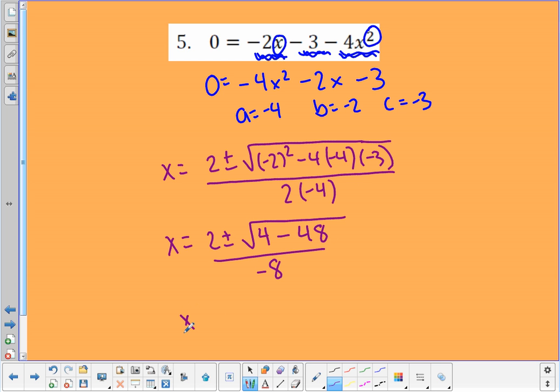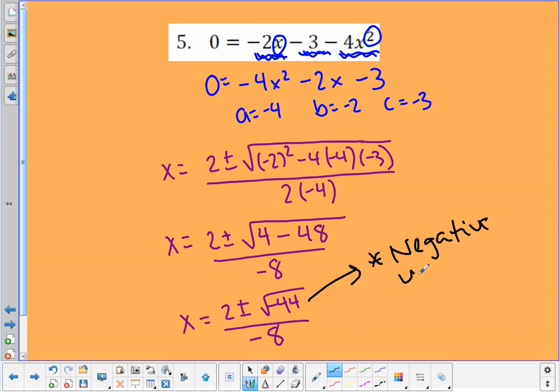That's fine. All right, so simplify that radical even further. 4 minus 48 is -44. We talked about this in the last video. That negative underneath the radical, that should be a red flag for you. Uh-oh. I have a negative